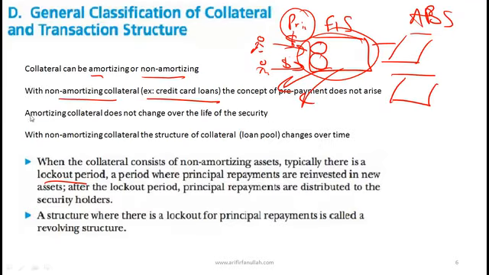Okay, good. I forgot that point. Amortizing collateral does not change over the life of the security, while with non-amortizing collateral, the structure of the collateral or loan pool changes over time. What is amortizing collateral? The classic example being home loans. When you have home loans, let's say your pool consists of 5 or 6 different home loans. Over the life of that security, it's those same 6 home loans that are part of your collateral. In the credit card world, things can keep changing because